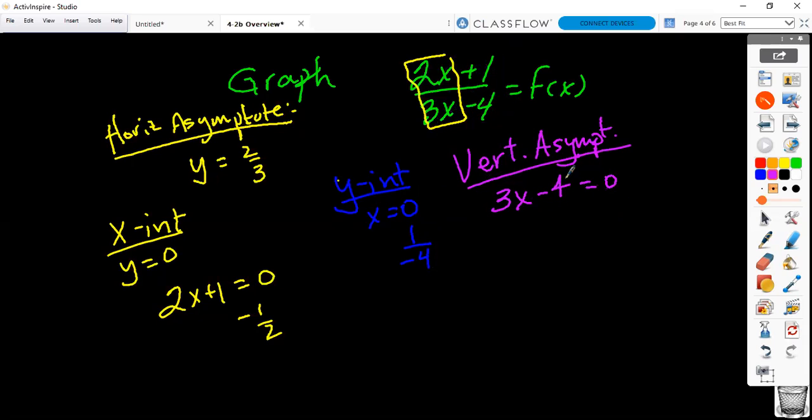Set the denominator equal to 0, add the 4 to the other side, and divide by this 3. So my vertical asymptote is 4/3. So if we're going to get a sketch of this graph,